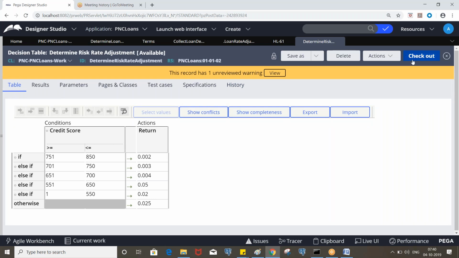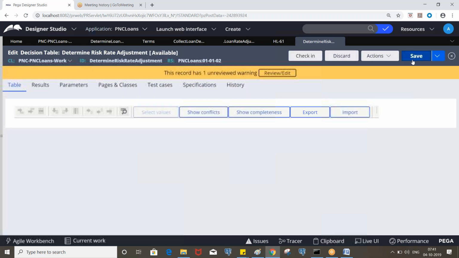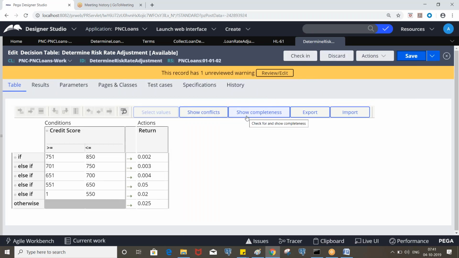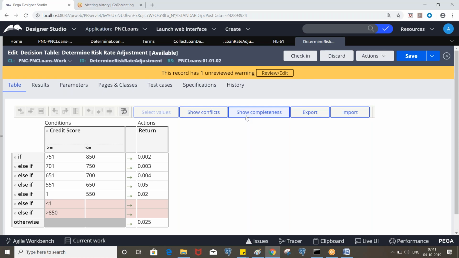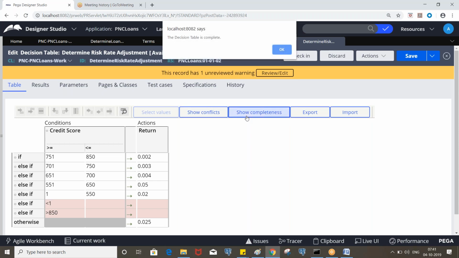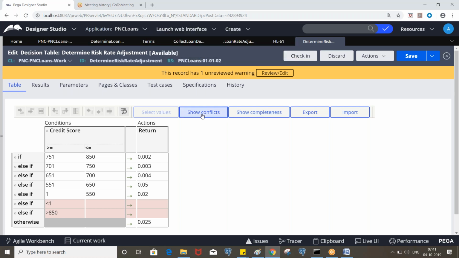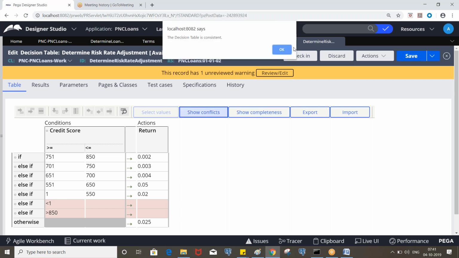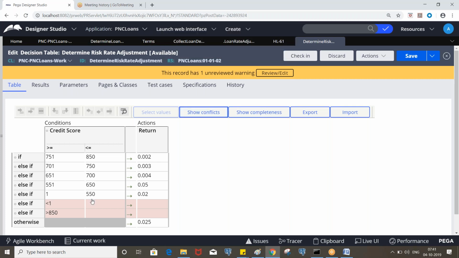Once you create a table or tree, you need to click on show completeness. The decision table is complete. The table is consistent.